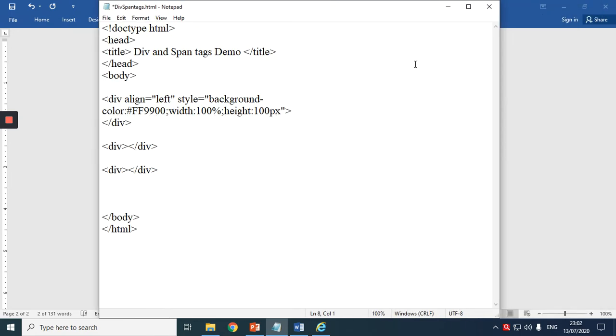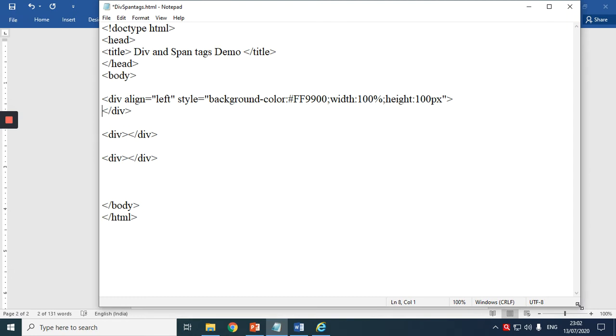So what color? Let us change. Background dash color, and I've put some color, FF9900. I guess this is orange. Some particular colors I remember. Width I have not given in pixels. I said 100%, so the whole width, and height I have given 100 pixels.